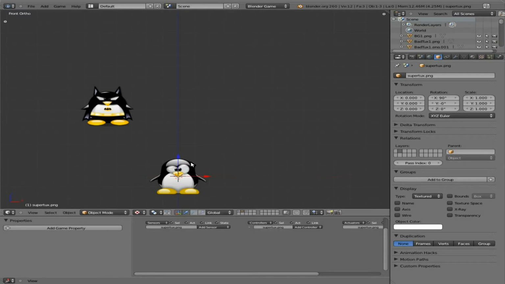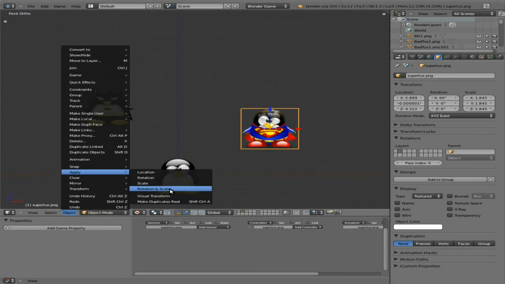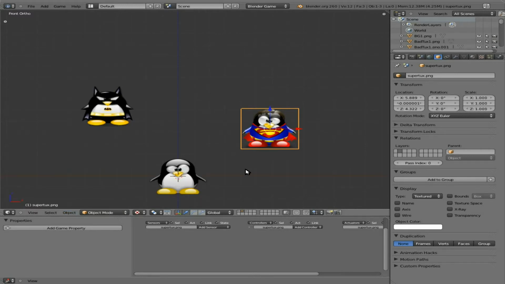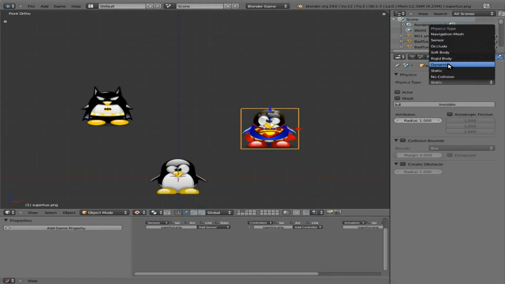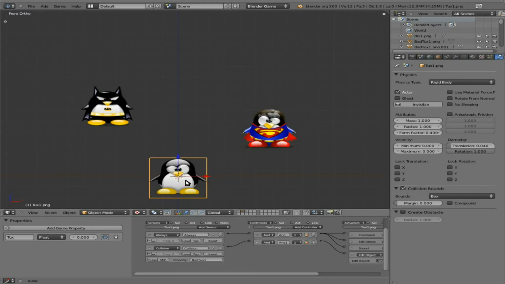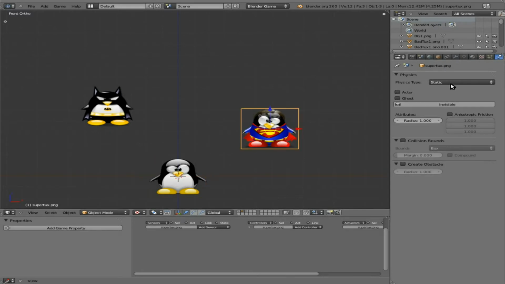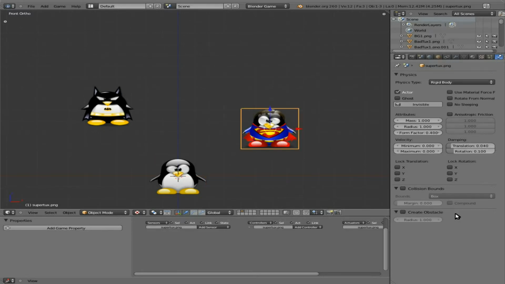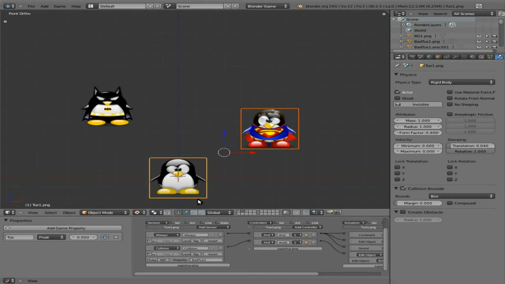Rotate X 90, grab him right here, scale him up a little bit, and we will also object apply rotation and scale, and we are going to make him, what do we have settings for? We have rigid body and box, that's what I have. Okay, rigid body, box collision, and then I'm going to shift select our default Tux here,